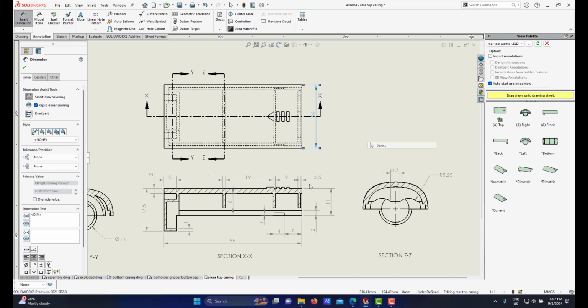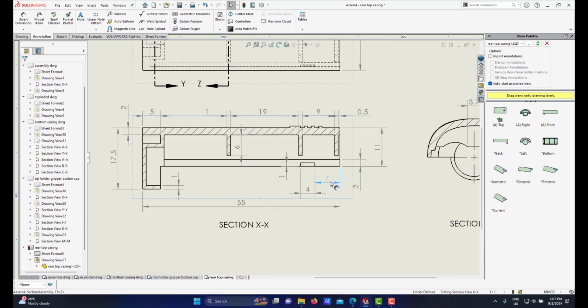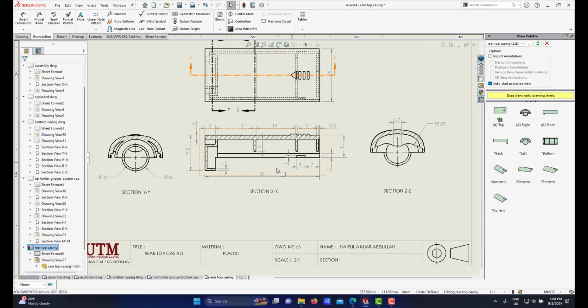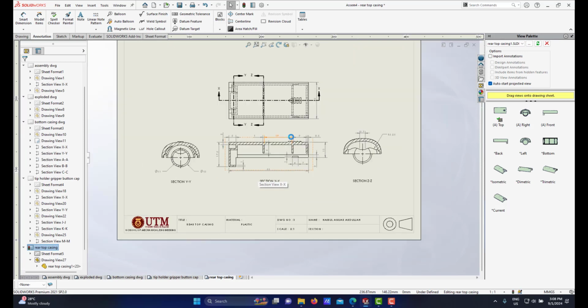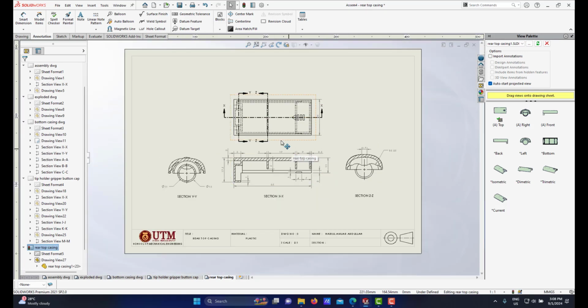And this needs to be a little bit closer to the object. All right, I think I have completed the dimension for this